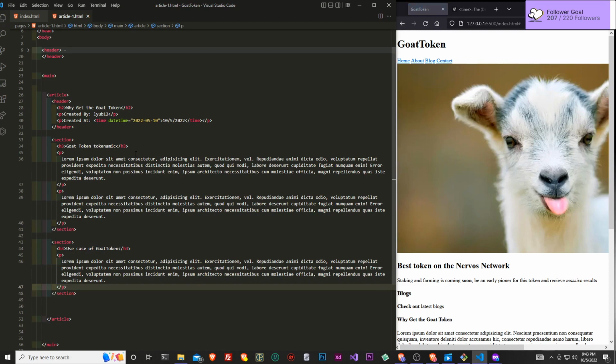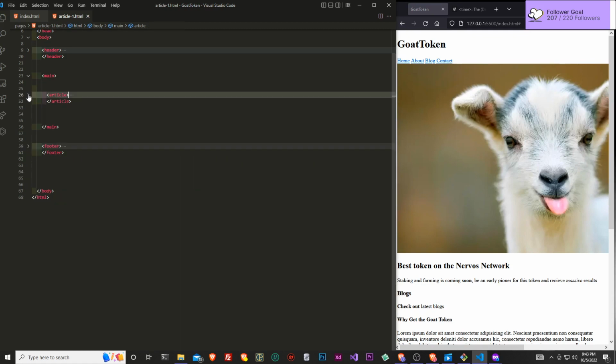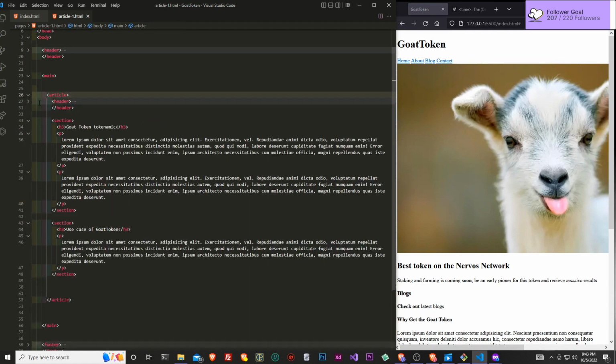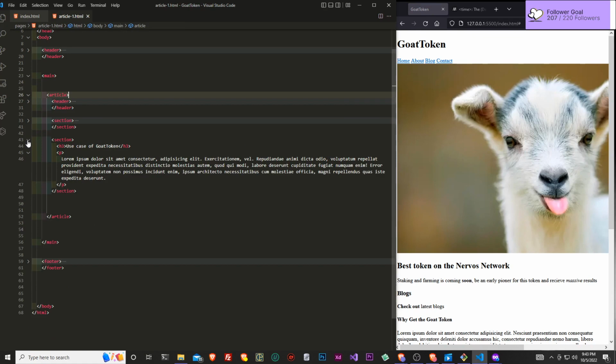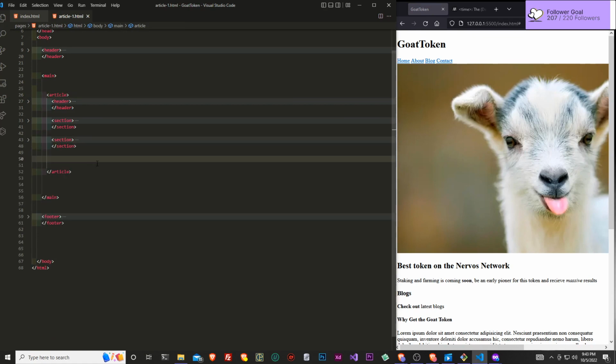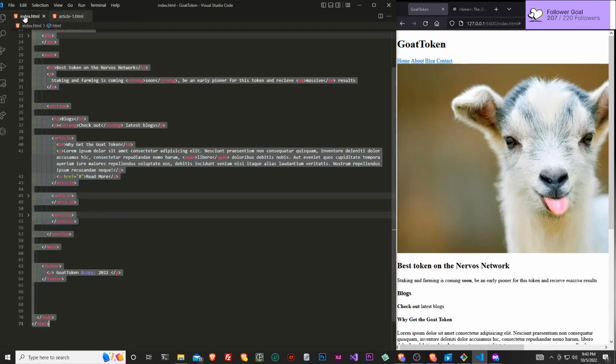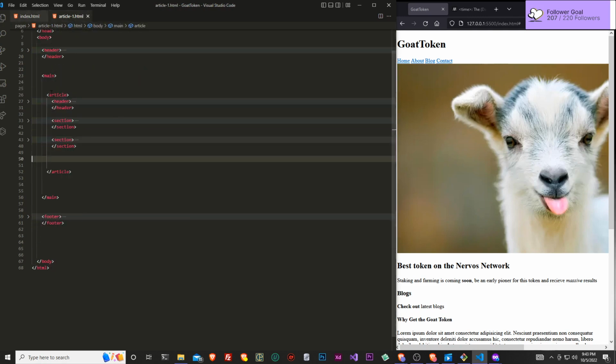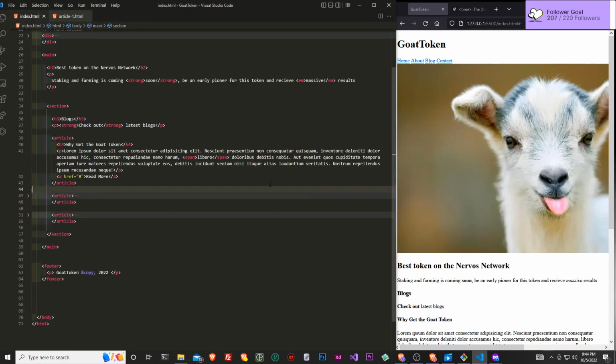And boom, we basically created a nice article, and we had given it a header. We've created like 2 sections, and we can also create a footer inside of our article, believe it or not. I'm just thinking about what would we put inside of our footer. I'm not gonna put a footer in it this time, but we want to be able to link this HTML file with this HTML file.